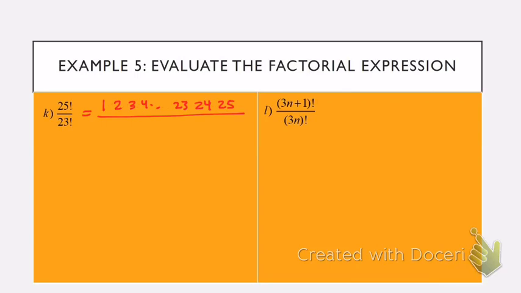So type in 25 factorial and then divide it by 23 factorial, and if you've done this right, it should be